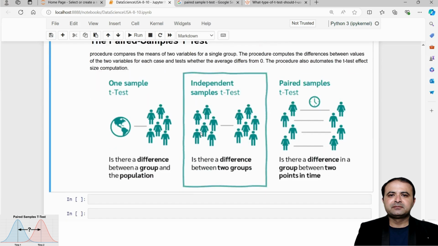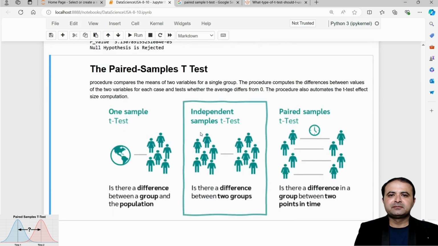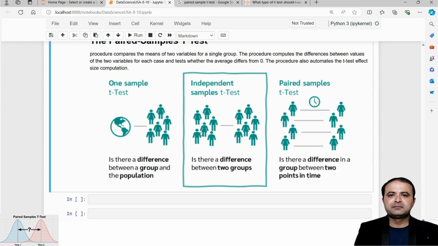t-test, and the paired sample t-test, basically to test values one by one. So again I want to use the library,